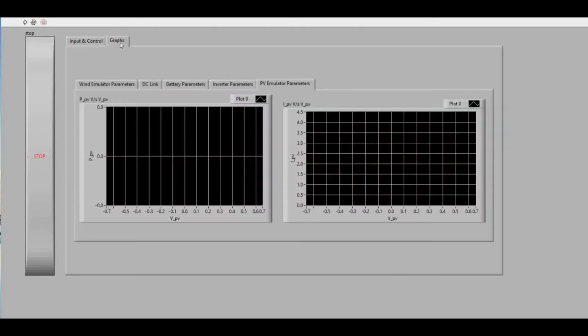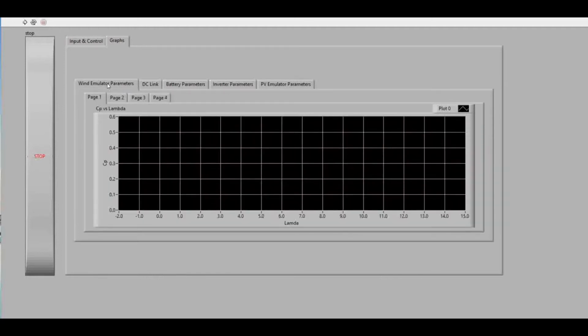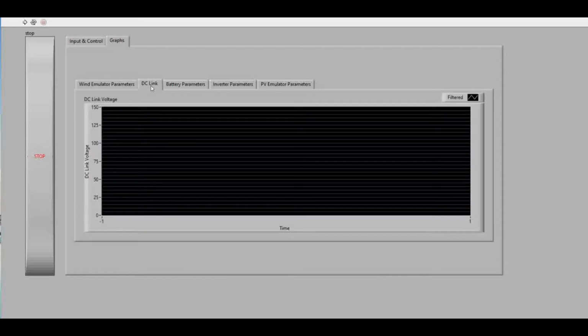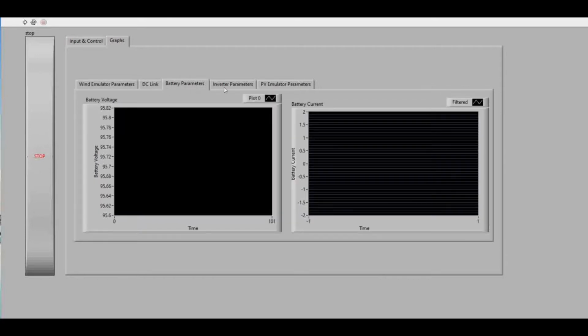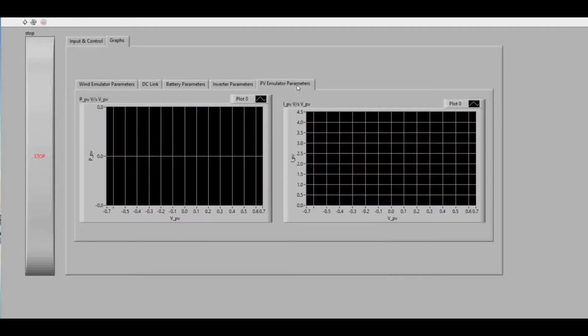And this is the graph part, where we can see all the measured parameters in the graphical format. So we can switch to wind turbine emulator windows, we can switch to DC link, we can switch to battery parameters, inverter parameters and PV emulator parameters, and we can see all the respective curves given over here.